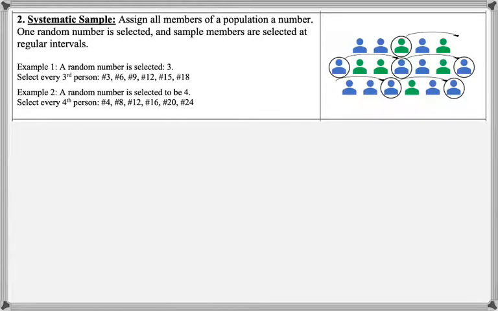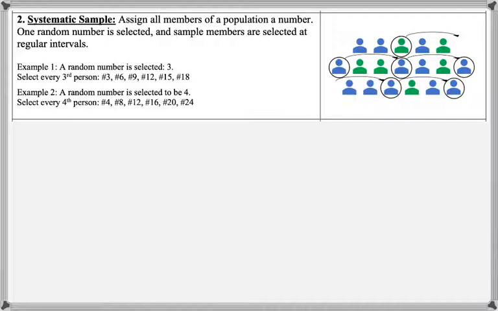Number 2 is the systematic sample. We want to assign all members of a population a number, and then one random number is selected, and sample members are selected at regular intervals. So unlike number 1, the simple random sample, we're not selecting a different random number each time. We are just selecting one random number at the beginning,